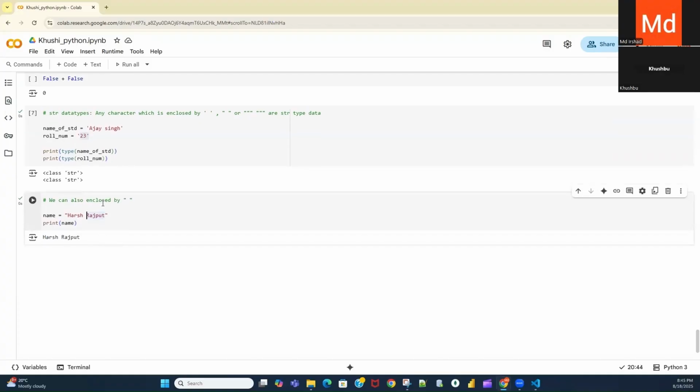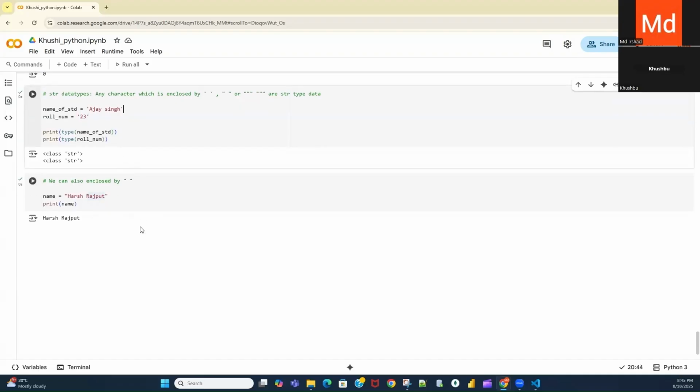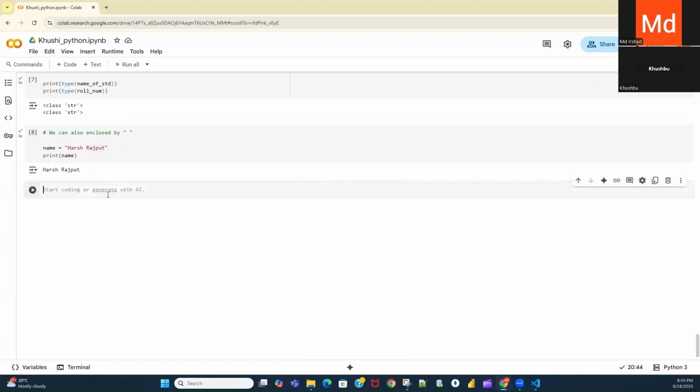Now you will ask that, okay, if we are able to enclose by single quote, then why do we require double quote, right? So sometimes what will happen, let's say you want to store data like this: it's my book.